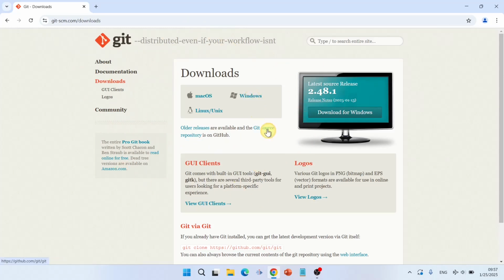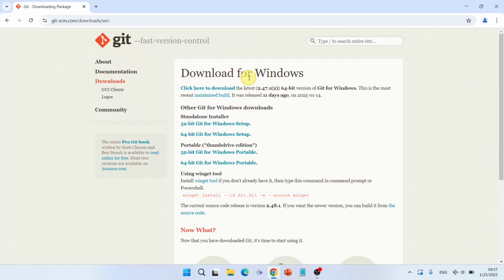We are using Windows. So if you click on Windows, download for Windows. Here you have many options to download Git on your computer. You have a standalone installer, portable, and using WinGit tool. I'm going to use a standalone installer. And then here you have two versions for two different system types,